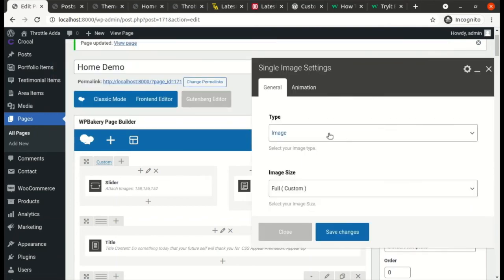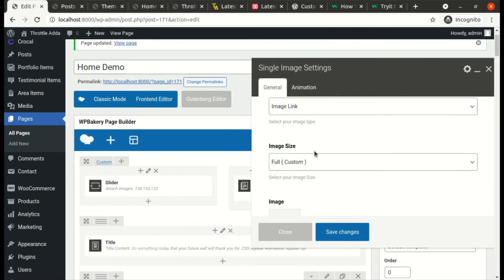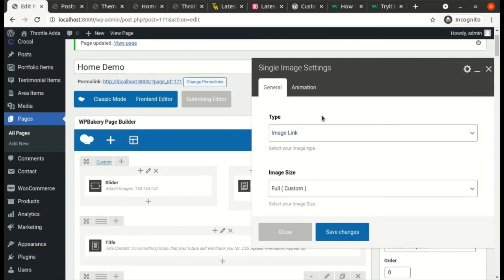After clicking on it, this box opens. Now there are so many types of images that you can add. You just insert an image without any click functionality. You select that you want to image link, basically image and a link, so that when anyone clicks on that image, they will redirect to some other page. Image pop-up. Now image pop-up is something that you click on it, you again see a pop-up of the image, that is an overlay.